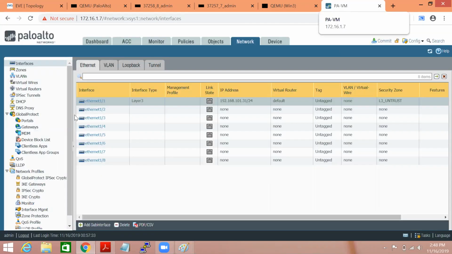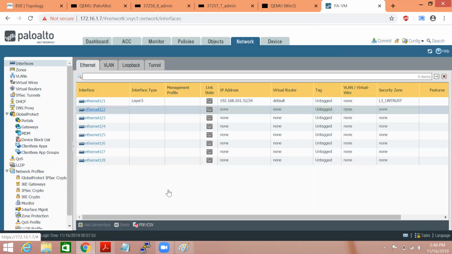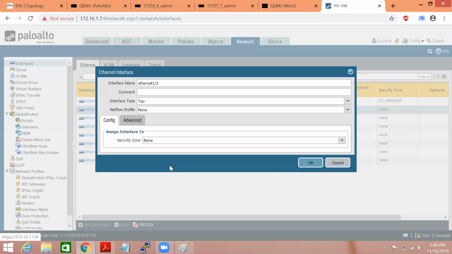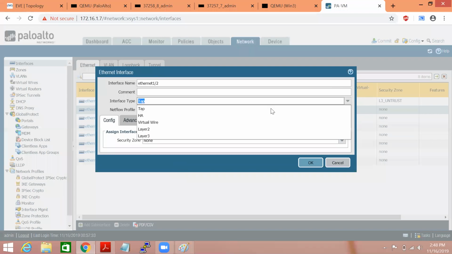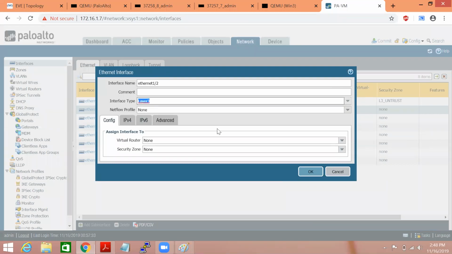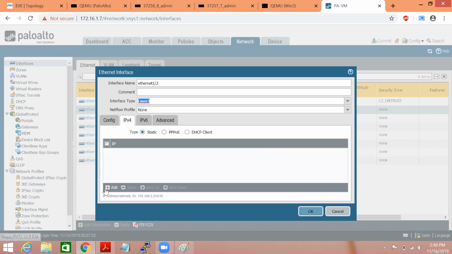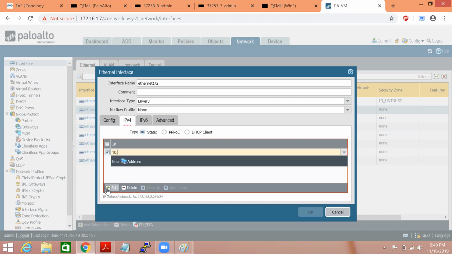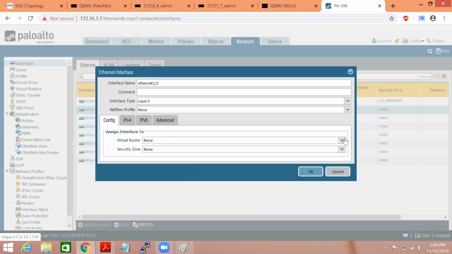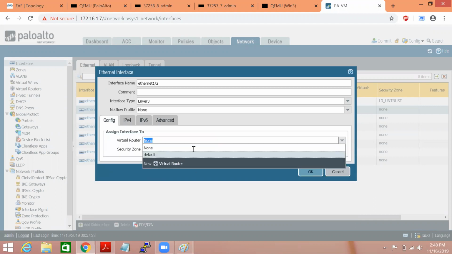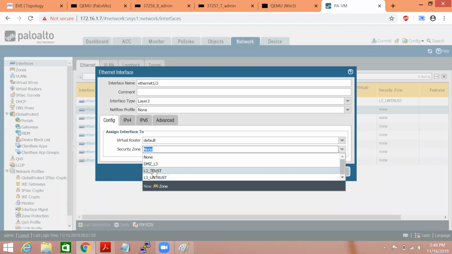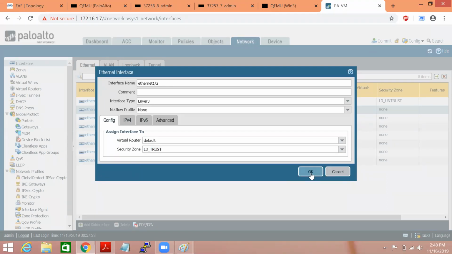The next interface is 1/2. In order to configure 1/2, again we come here and select L3, and we assign the IP address. The IP address would be 1.1/24. For the routing table, select default; for the zone, L3 trust; say OK.